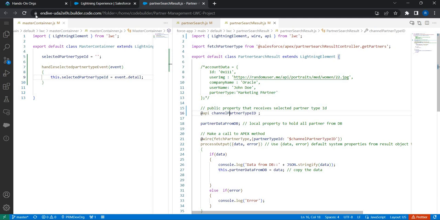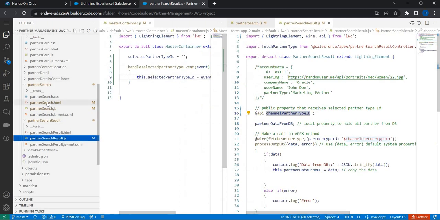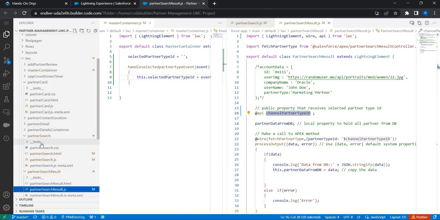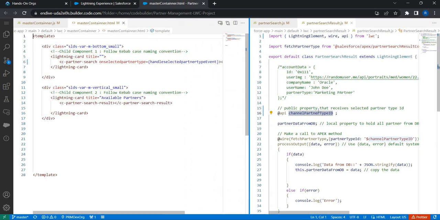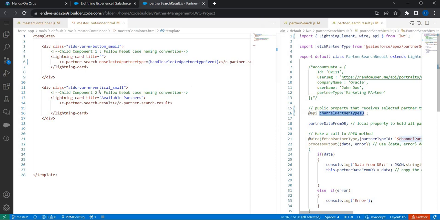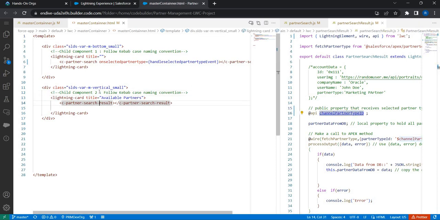So let's use this back in our master container. In the master container, right here in the HTML, let's use this public property. I'll copy this one and then put it right here. Let's follow HTML standards and also kebab case, so each word is going to be separated by a hyphen, and also